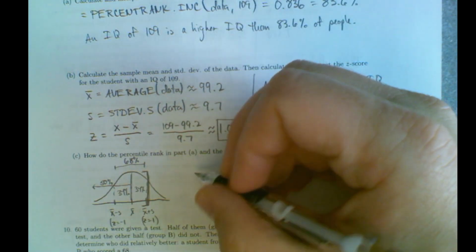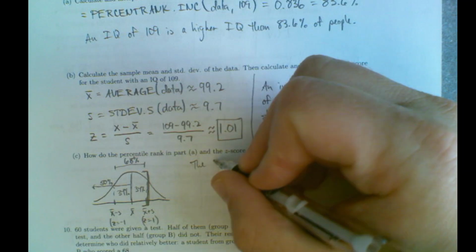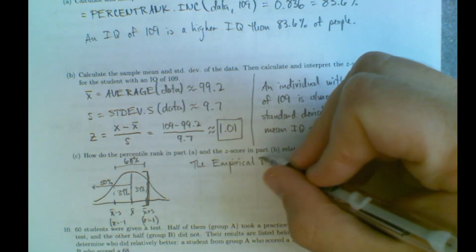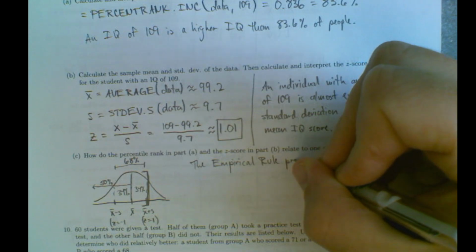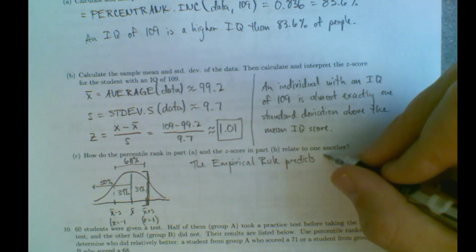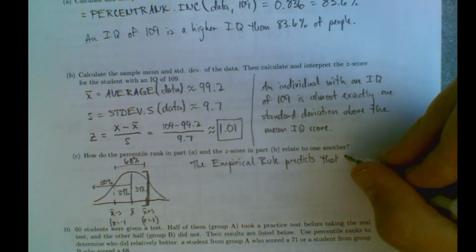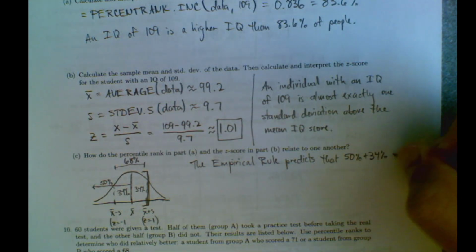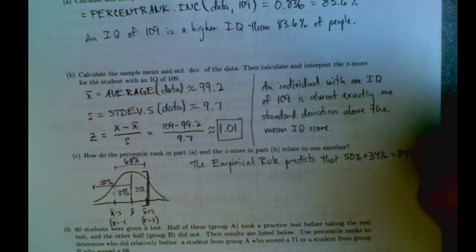So I would say the empirical rule predicts that, let me just show my work a little, 50% plus 34% equals 84%